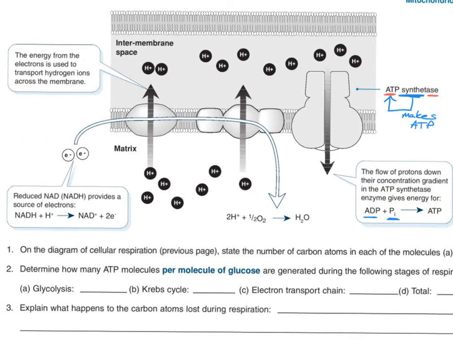For this to happen, you have to keep getting these hydrogens to go from low to high. Where's that energy coming from? The electrons. What if oxygen's not here to take that last electron? Then it doesn't move anymore. Hydrogen, and as soon as this runs out, you're done. You can't recharge the battery.